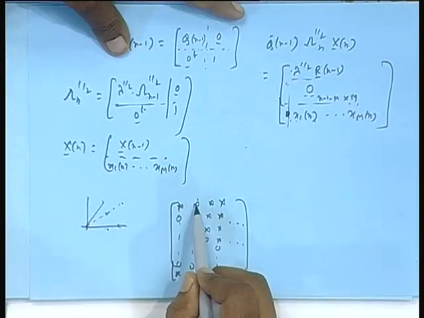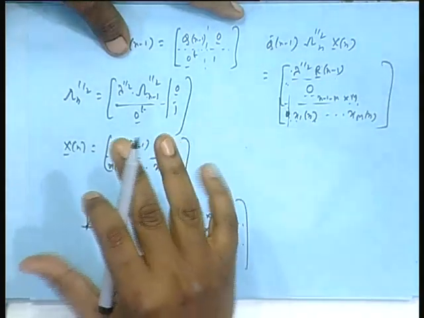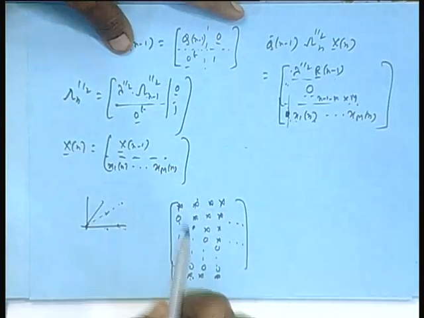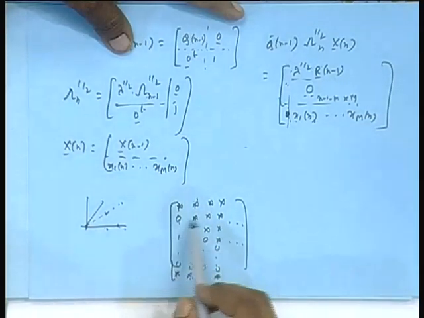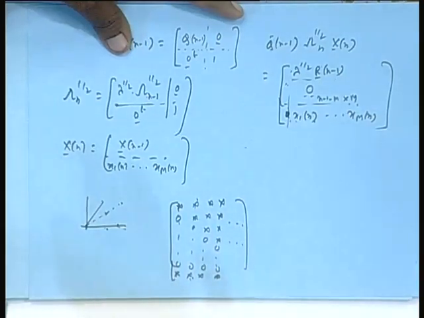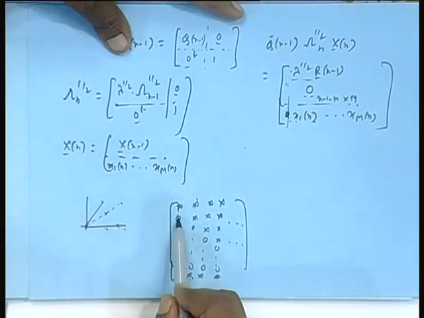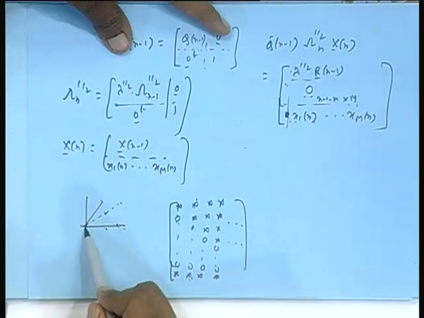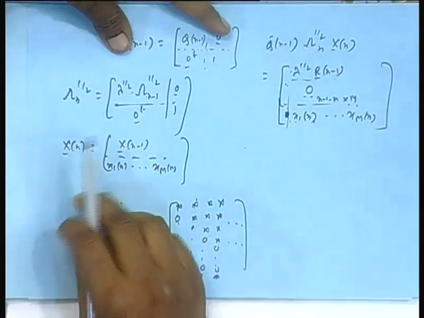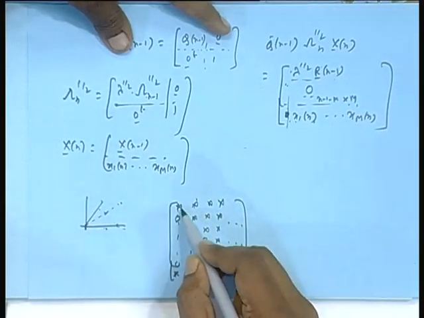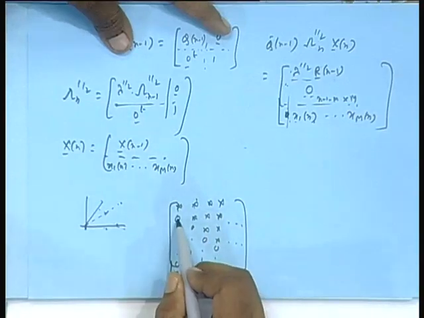That will not affect the first entries, because this axis will be untouched. There will be a 1 in the matrix for this row, so it will not get affected, but the second row and last row will get affected. But there comes the question: as far as the first column is concerned, the second row and last row will not get affected, because this is already 0, 0, meaning origin. I am rotating this plane, say in this case the y-z plane, but in the first column there is no effect, because they are already 0 and 0.